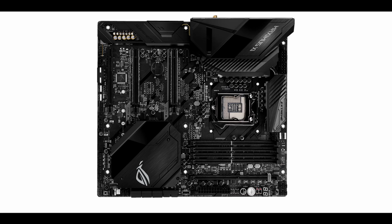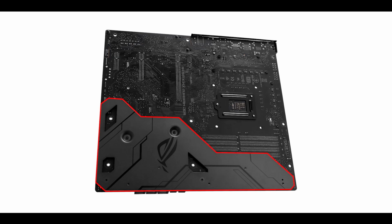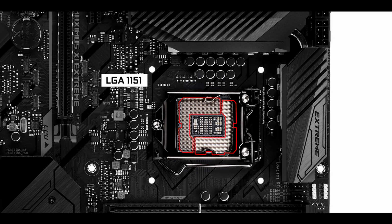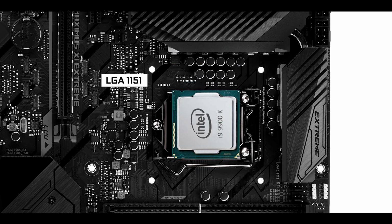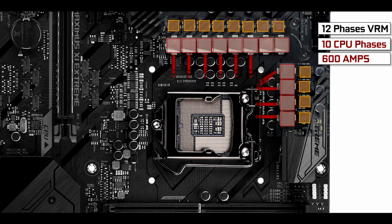The Maximus XI Extreme Edition has an E-ATX form factor, meaning 30.5 cm long by 27.7 cm wide. Therefore, you want to pick the right case for this extended ATX motherboard. It features a rather large thermo-padded shield on its back for better cooling and circuit protection. It is powered by an LGA 1151 CPU socket, which can support both the 8th and 9th generation of Intel Core processors. VRM-wise, we have a 12-phase configuration, 10 of which are dedicated to powering our CPU alone,